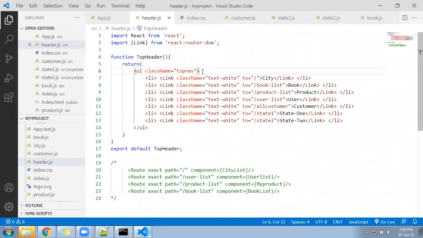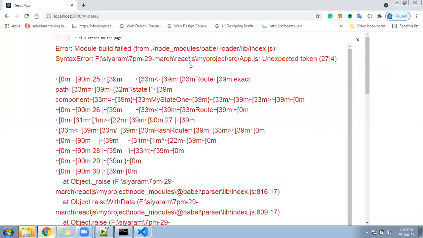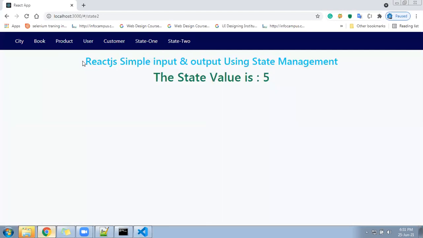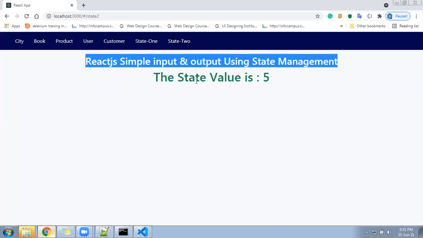Please check your page. Confirm in the chat. Are you getting the link? Are you getting the component? Let me see once. I'll go here and I will have a link called state2. When I click on state2, my page should load here. It is saying simple input output using state management, right?